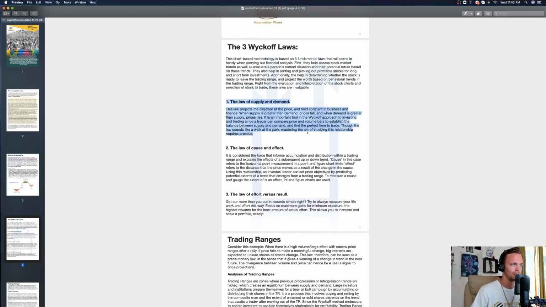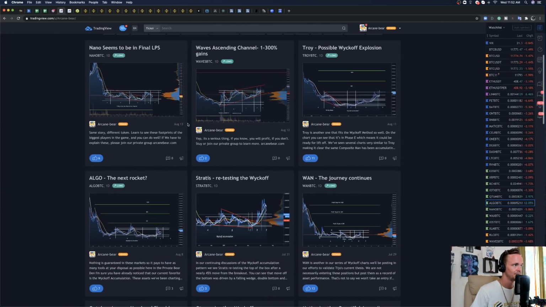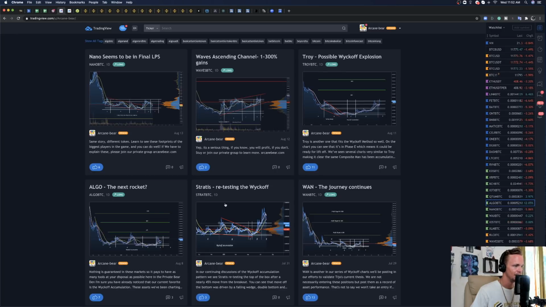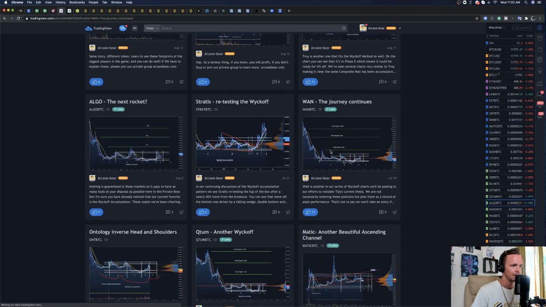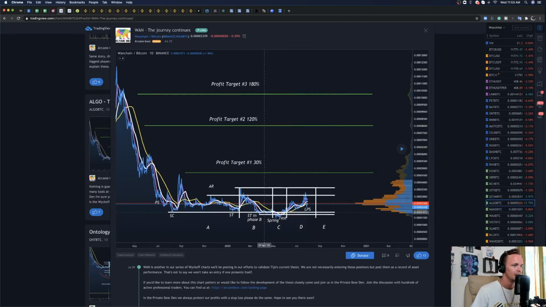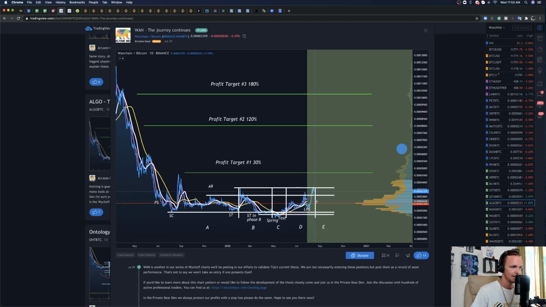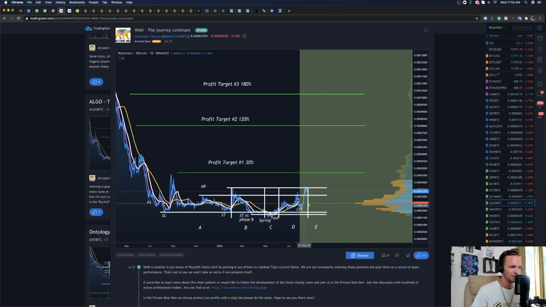So first, the law of supply and demand. This is the area of price that moves. And as the trader can compare prices to the volume bars, establish the balance between that supply and demand, just as we saw. Let's go back to Waves here. Excuse me, I could open WAN too. Yeah, let's open WAN. So here we see the spring in phase C, and here's your LPS tests, right? These are very important because these are showing that the weak hands are all gone and that the market operator is able to pump the price up with very little volume, right? So what you end up seeing are these big changes of character off this bottom LPS box.